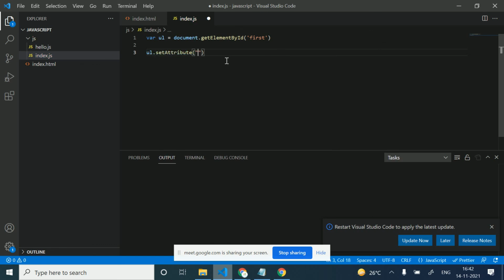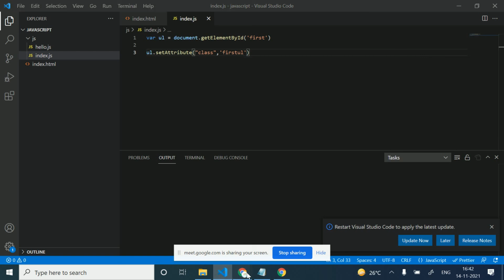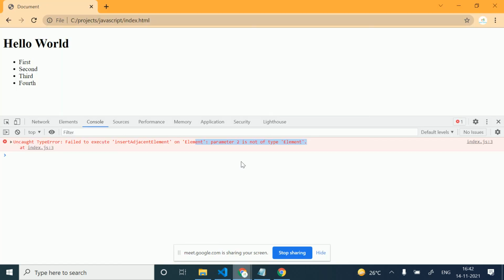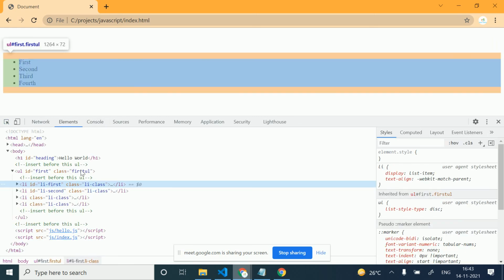In that, I want to set class, and here I can add first-ul. Okay, let's check here. I'm just going to refresh, and you will see the class first-ul is added.